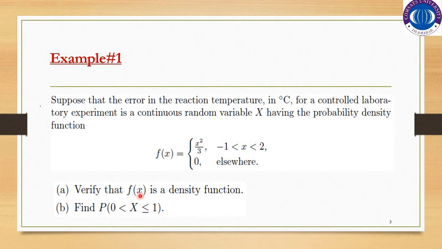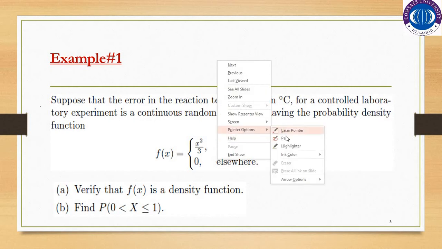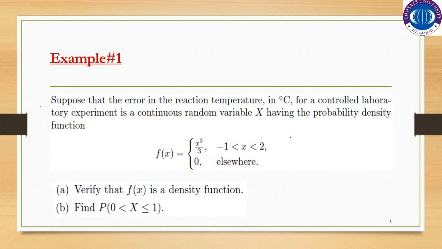Verify that f of x is a density function. Part number B, find the probability for 0 less than x less than or equal to 1. First of all, we will verify that f of x is a density function. If we want to verify that f of x is a complete probability density function, what we have to do? We just simply have to integrate the whole function